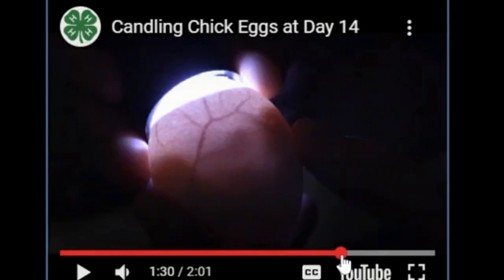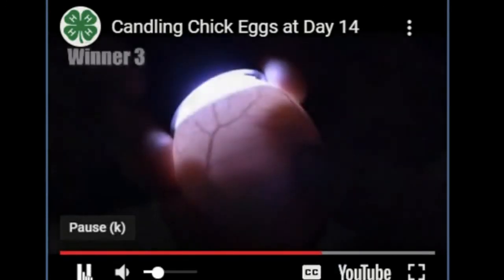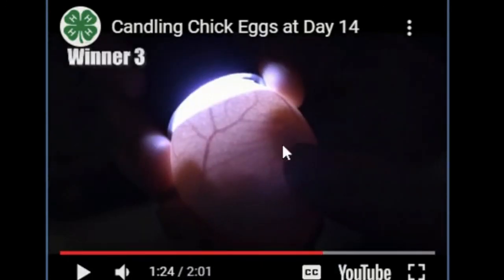Friends, could you see that? Do you see the chick inside all because of the candle? I'm going to back up a little bit again. Look, right above his finger, do you see that dark spot? It almost looks like you can see a beak right there.